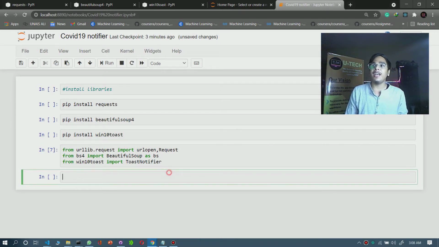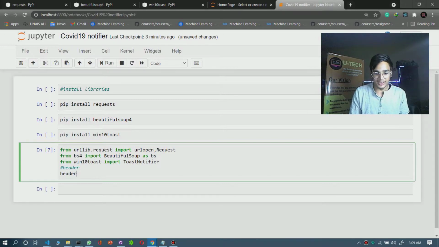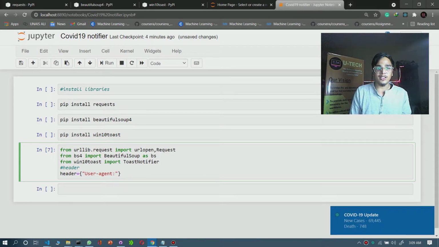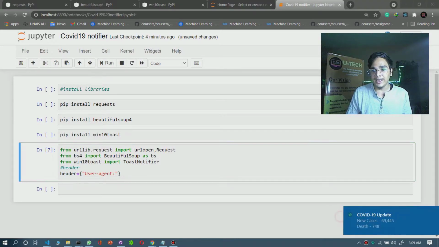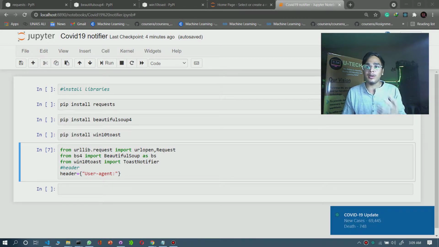After that, in the next block, let's write the header. The header is very important. Header means from where we are pairing up our network connection. So we are going to use a user agent. You can see that I have notifications because this project was already done by me last week, so it notifies me when there is a new case in a country.